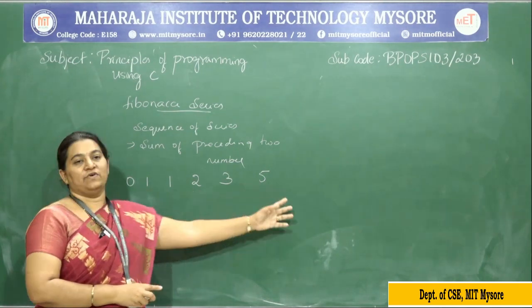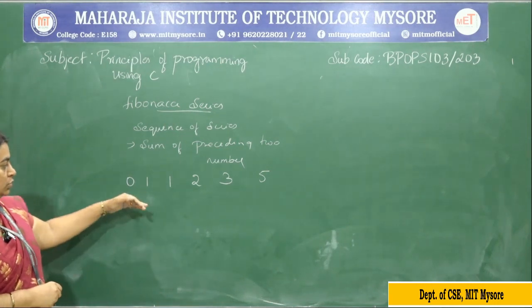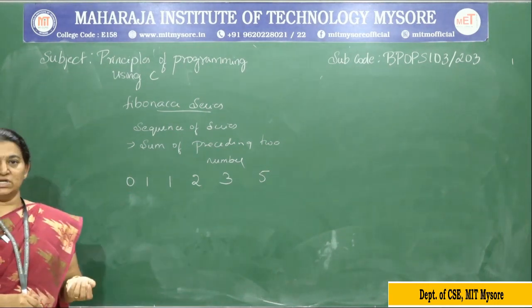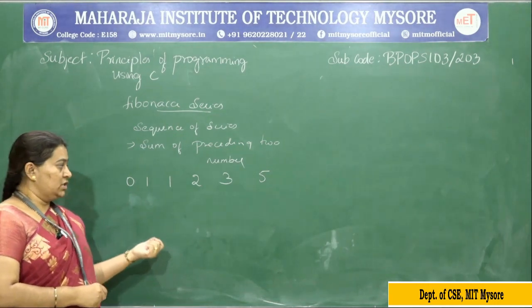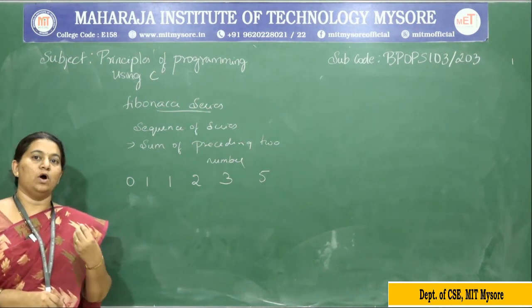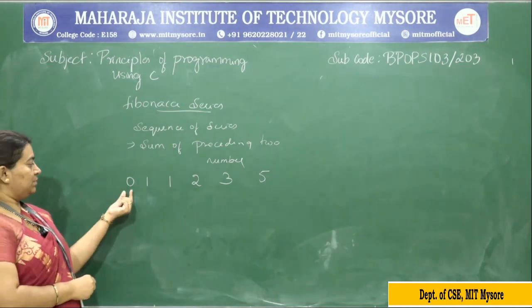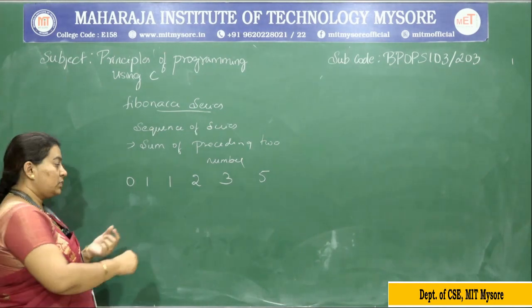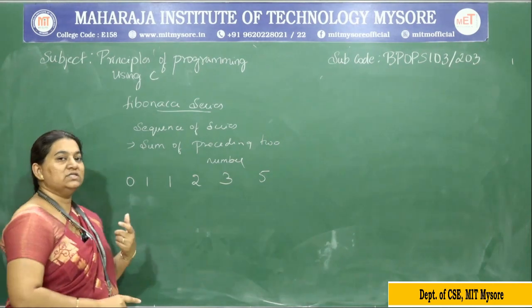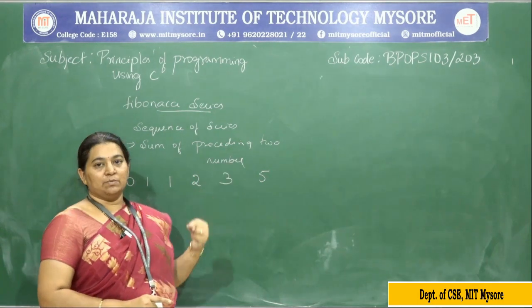3 plus 2, 5. Like this I have to get this series. To do this series I have to use a recursive function. So by seeing this series I can tell you what is my base case. So what is my base case here? It is nothing but 0 and 1, because I require two preceding numbers to add